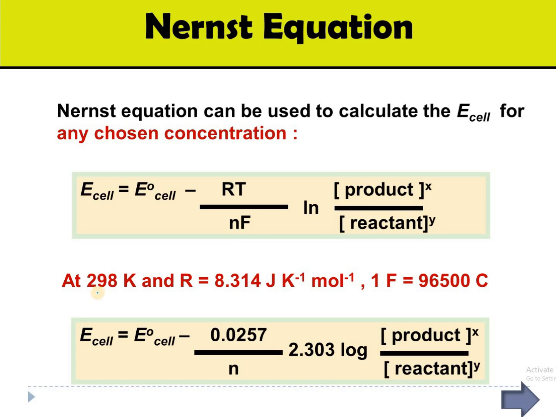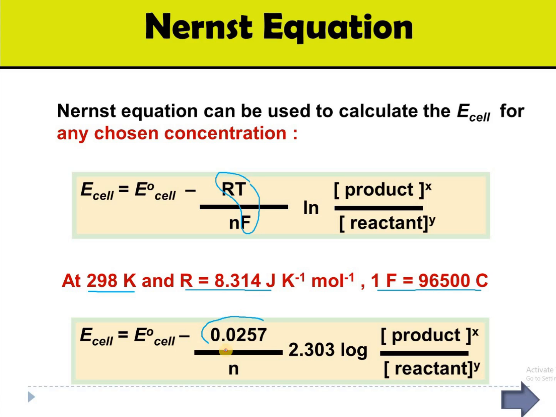At standard condition, temperature is 298 Kelvin, constant R equals 8.314, and the Faraday constant equals 96500 Coulomb. So if you substitute the values of R, T, and F into the general Nernst equation,